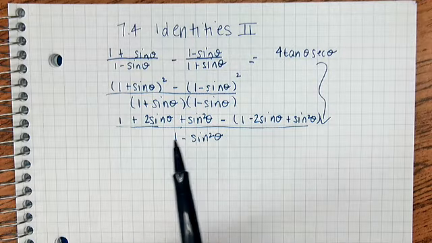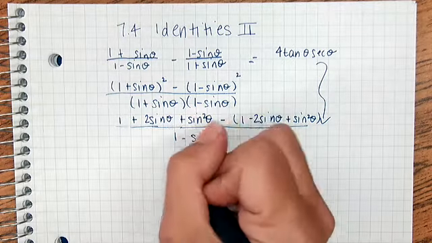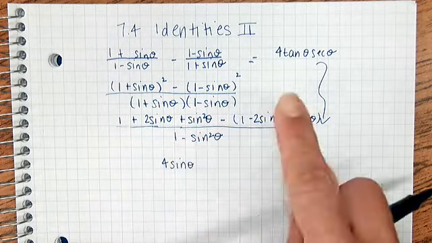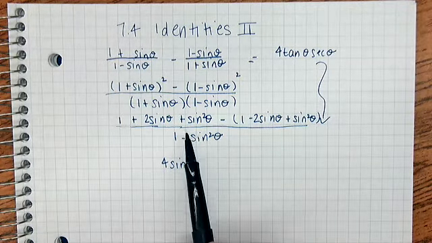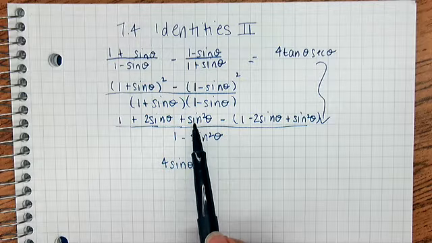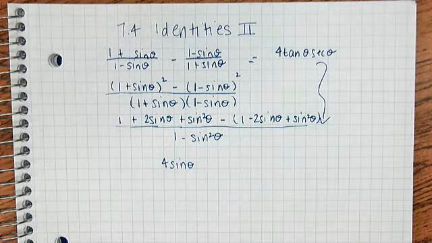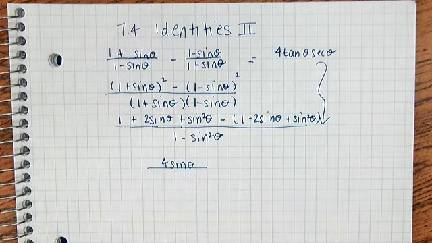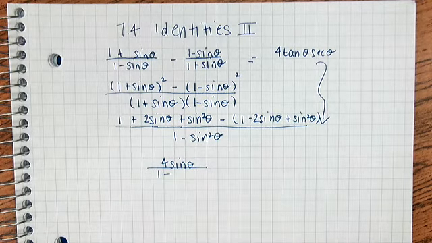Numerator, 1 minus 1 is gone. This is 2 sine theta plus 2 sine theta, which is 4 sine theta. And I like that. I like the fact that there's a 4. And then we have sine squared minus sine squared, which is 0. So I have 4 sine theta, and then this becomes 1 minus